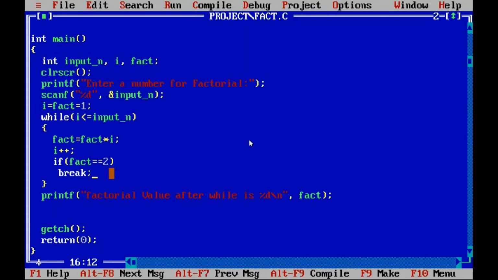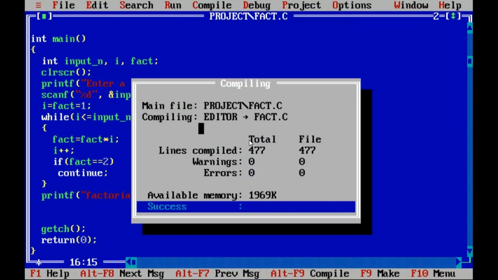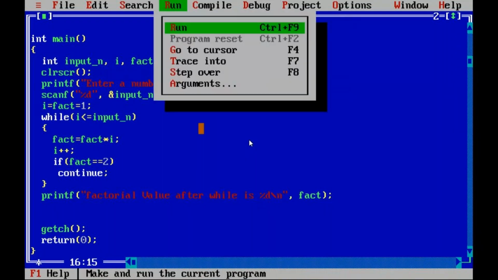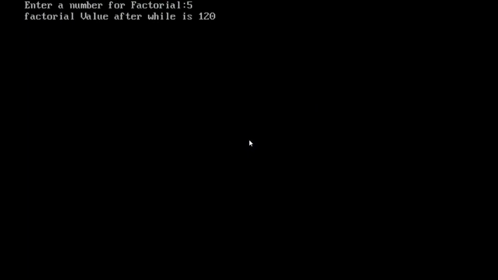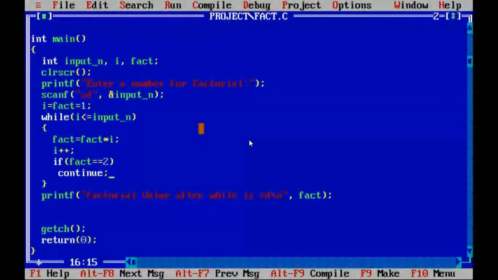Okay. So we will go for continue now. It has no effect in fact, but to show it, there will be no effect in the program. One total will be executed. Now we will see. I'm placing the I++ here.